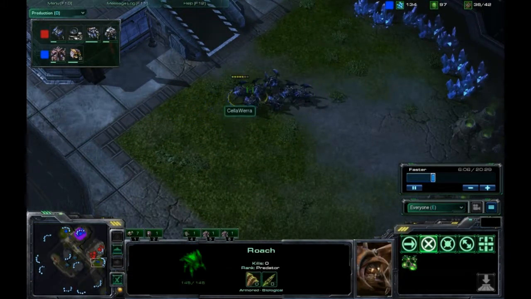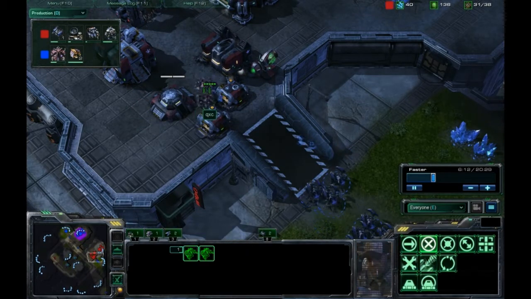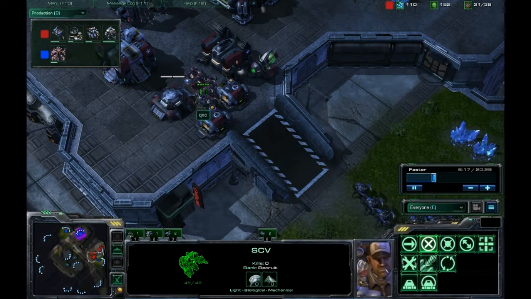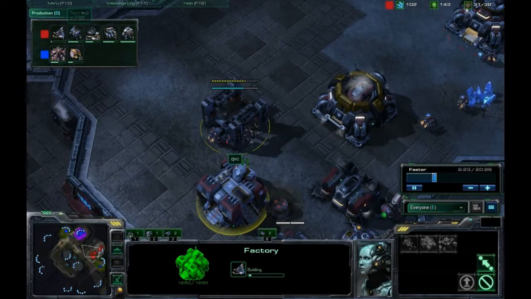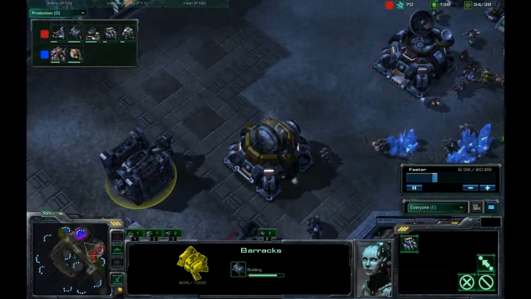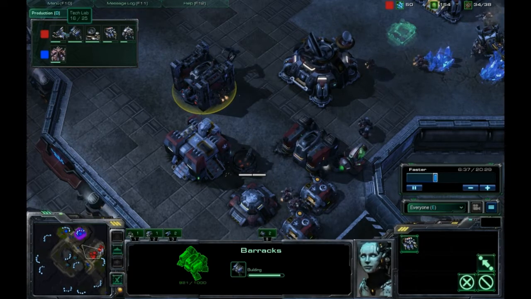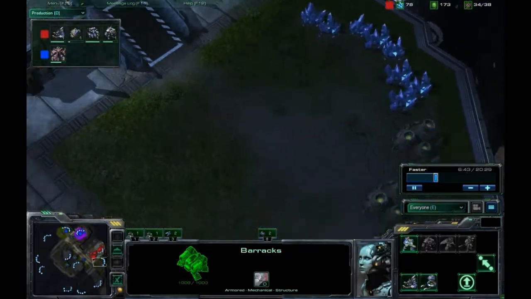Now, we do have a bunch of roaches here going to try pushing into QXC's base, as QXC is ready with the 2 Marauders in the bunker. And he does have a bunch of SCVs here ready to repair that wall. Now, the factory did finish like a minute ago, and he is getting a tech lab, so we are going to see some siege tanks on the field, as he is now working on his second barracks. Now more Marauders are getting queued up here by QXC, so he's definitely going to go mass Marauders here, and